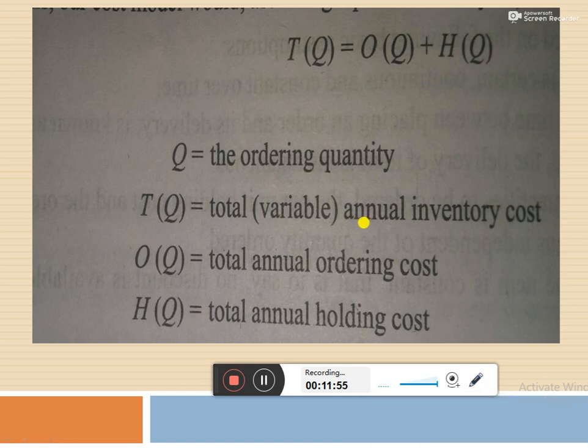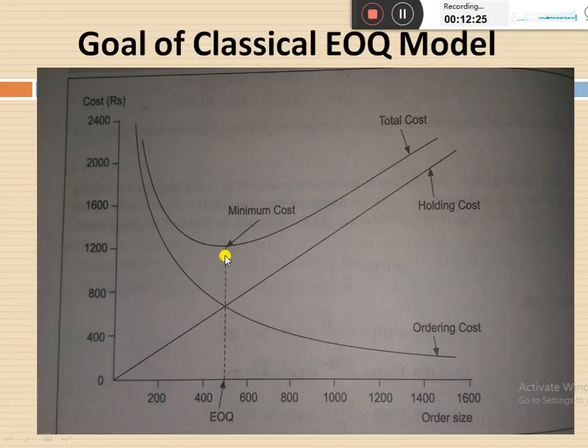As the objective of inventory model is to minimize the total cost, with these assumptions, the significant costs for the managers are ordering cost and holding cost. All other costs are considered as constant. So we need to minimize the total cost, we need to minimize the total ordering cost and total holding cost. As this graph represents different cost curves, cost curve of total cost, holding cost and ordering cost. The horizontal axis denotes the order size and the vertical axis denotes the cost.